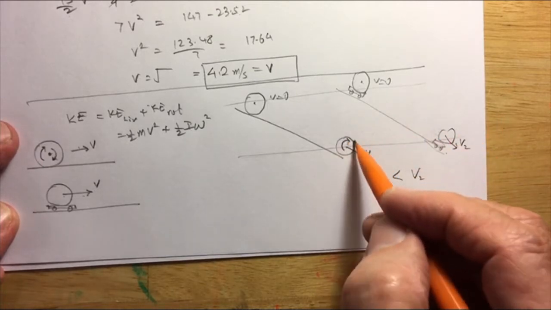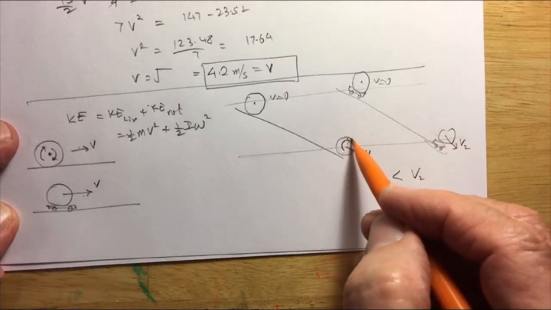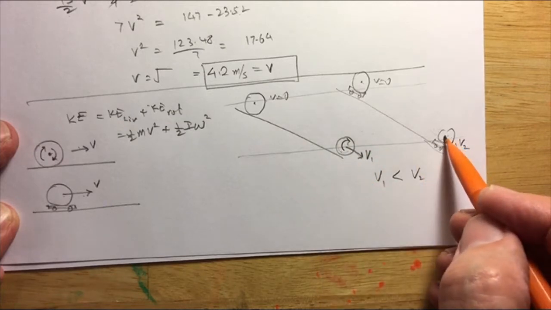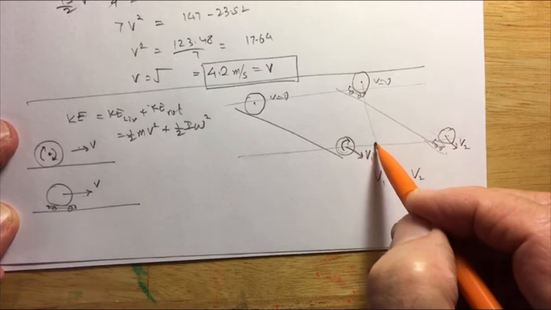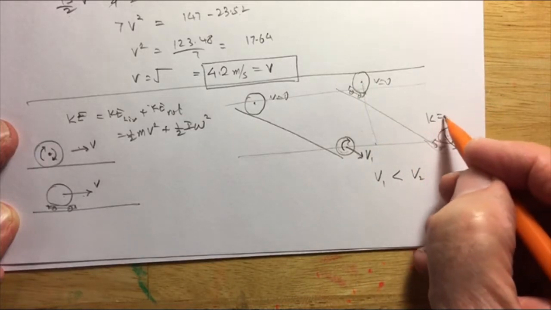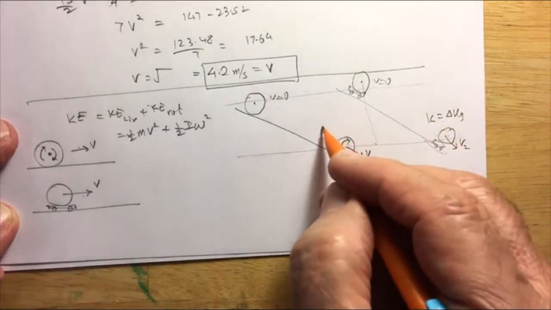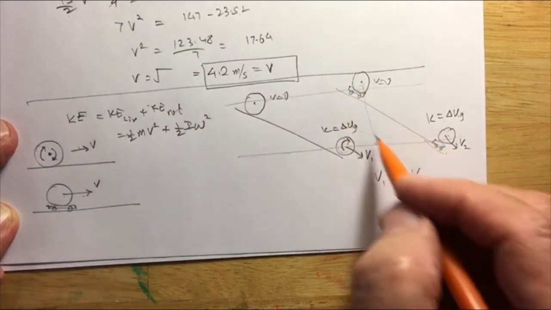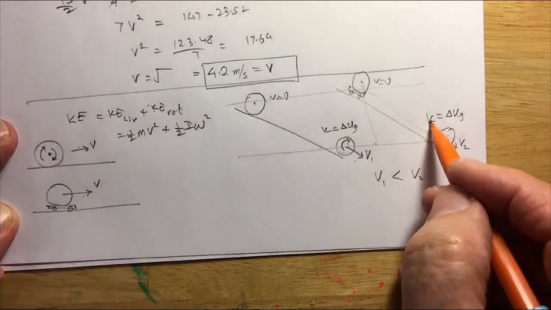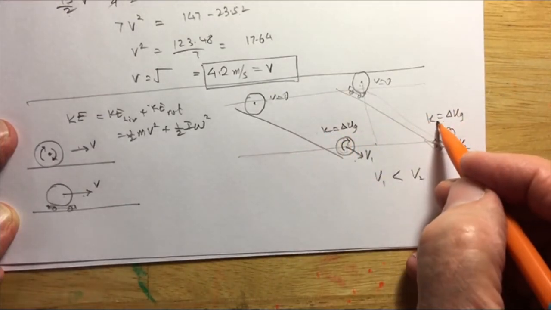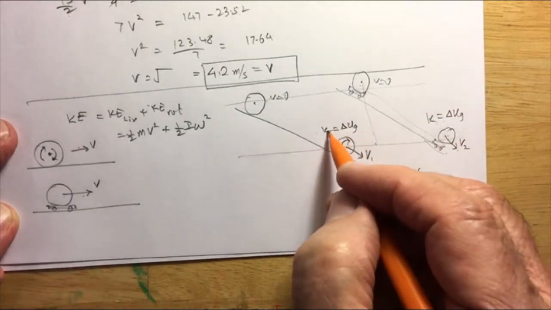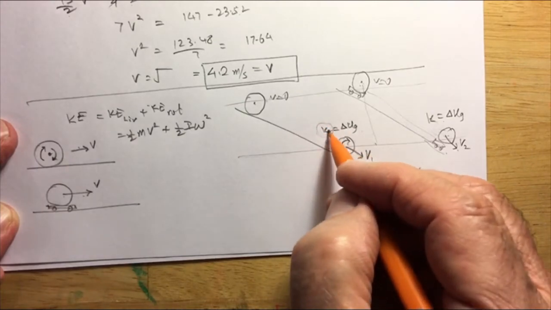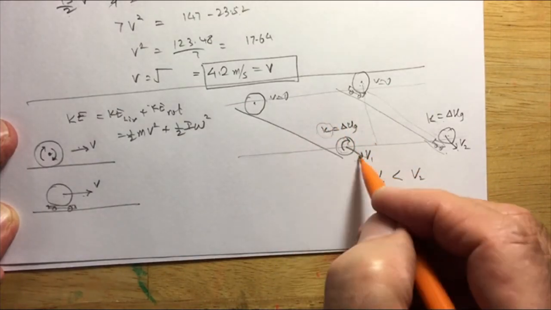Because this has the linear kinetic energy and the rotational kinetic energy, and this has only linear kinetic energy, and this is equal to the loss of potential energy over here. So this K here is going to be equal to delta UG, and this K here is also going to be delta UG. The delta UGs are the same in this case and this case, so the K's are also the same, but this is entirely linear, and this has two components, the rotational and the linear. So a linear part which